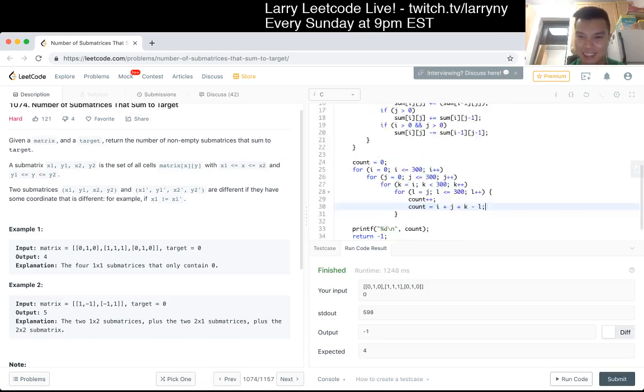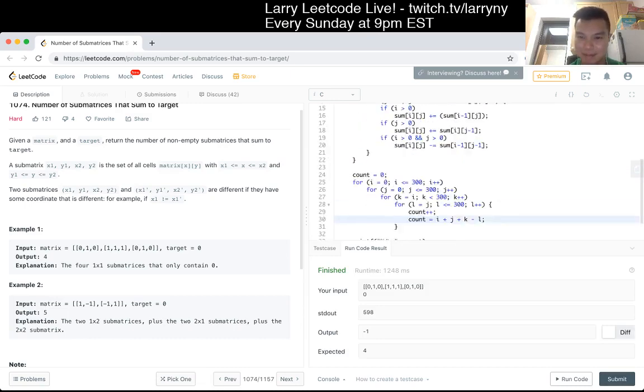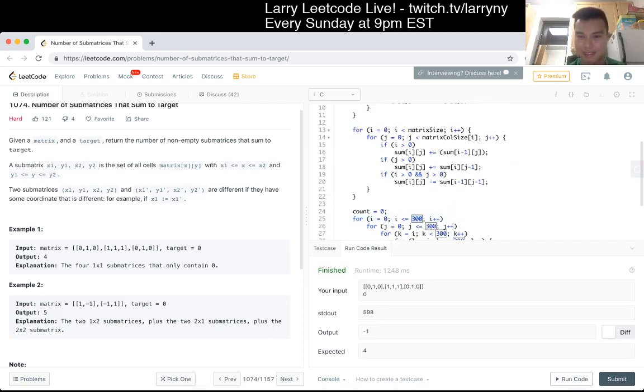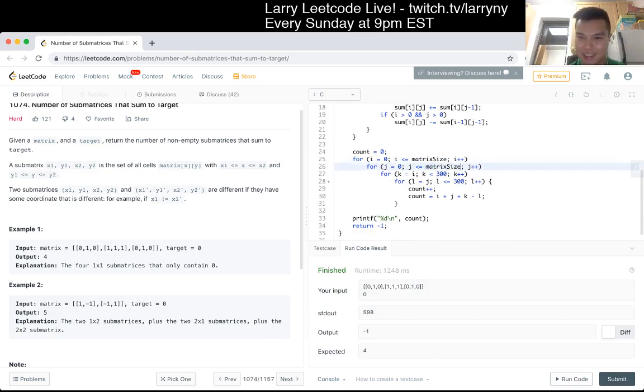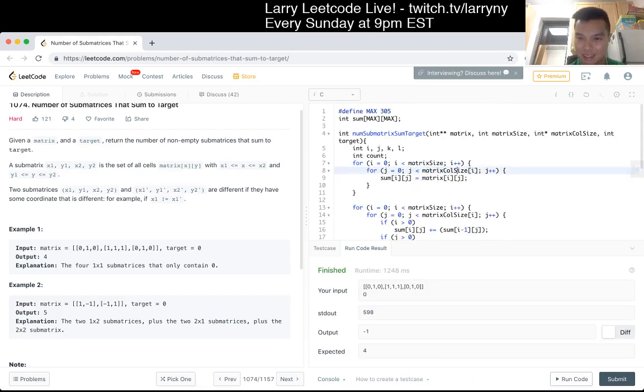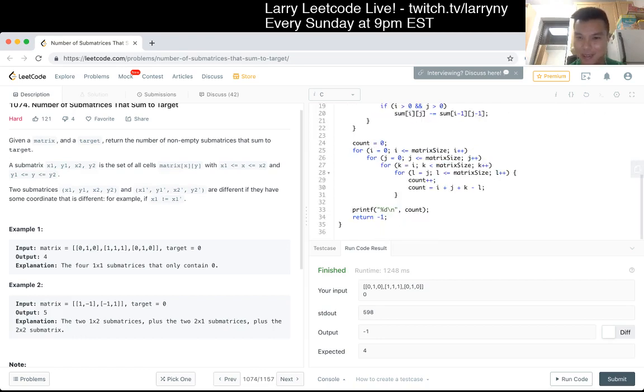I don't know. 2 billion is around the edge of what I would expect we could be able to handle. Even though this I think is actually whatever, but